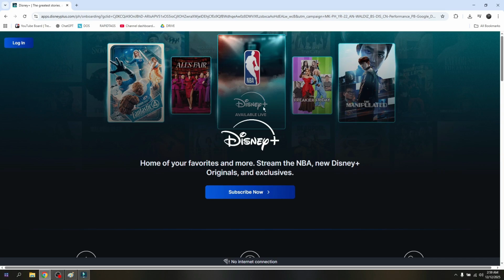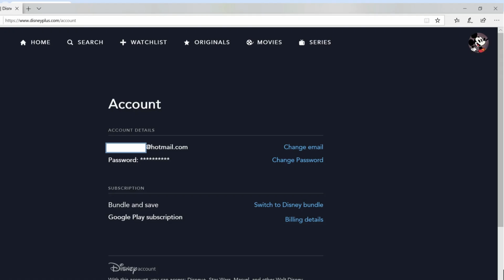at the top left. Once you've successfully logged in, you now have to choose the current profile or account which you would like to be canceled. It is usually located at the top right, and once you choose that, you will be redirected to your account details. Now, in your account details, just choose billing details so that you will be redirected to